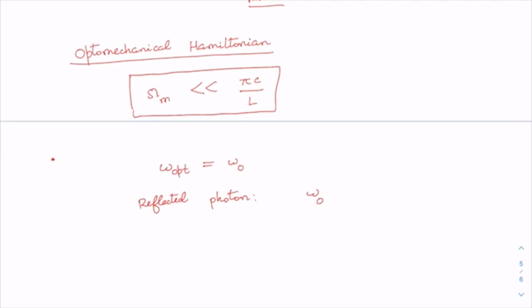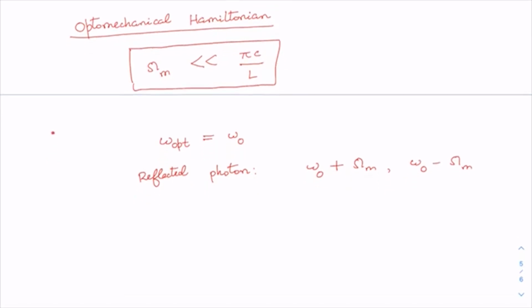Then the reflected photon will have frequency omega 0 plus omega m, or it may have a frequency omega 0 minus omega m. As you know, it may be either blue shifted or red shifted. So this condition here, that the mechanical frequency has to be much less than the free spectral range, this ensures